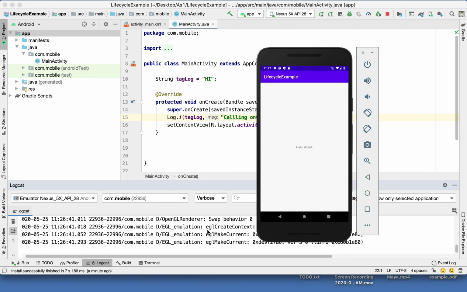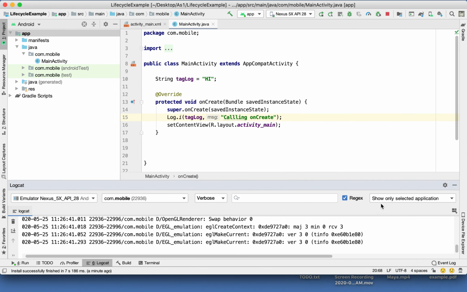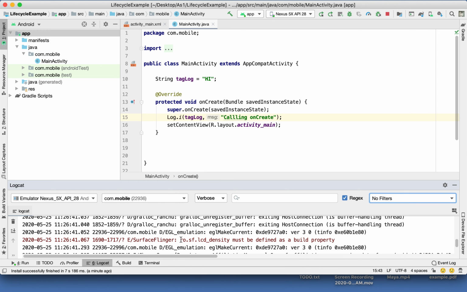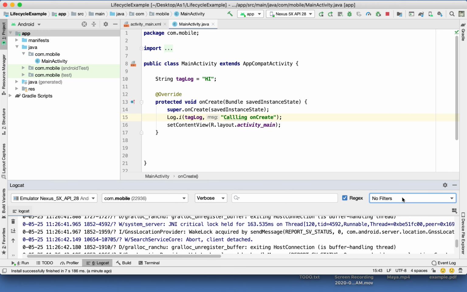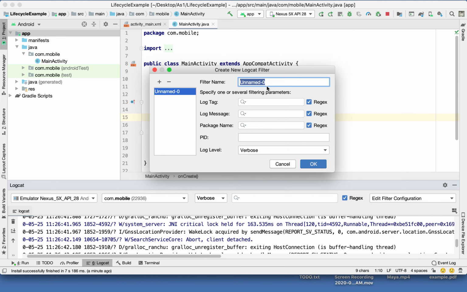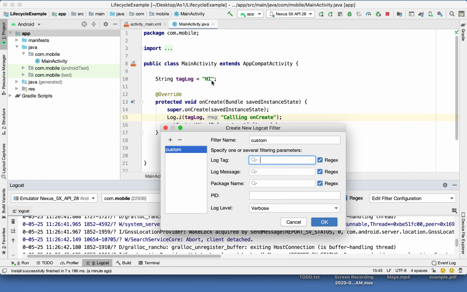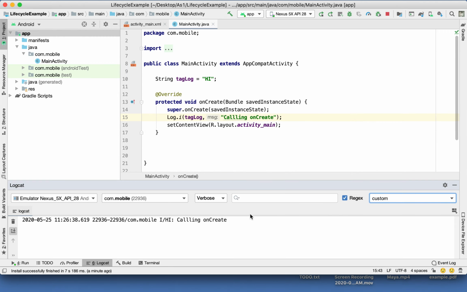Now, the longer the emulator and the app keep running, the more messages you will find here. And if you put no filters, you will see messages that are not only particular to your application. So for this purpose, we want to just see the log messages that we created. We're going to create a filter here. Just give it a name, and on the log tag, just put the same tag that you are using in your code. So in this case, it's uppercase "hi", and now we're only seeing